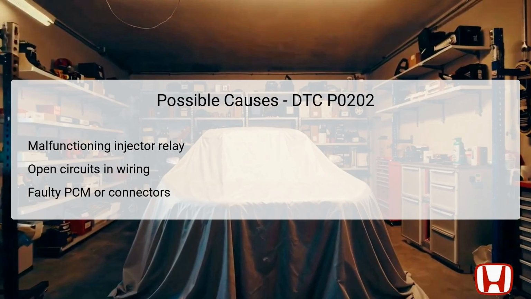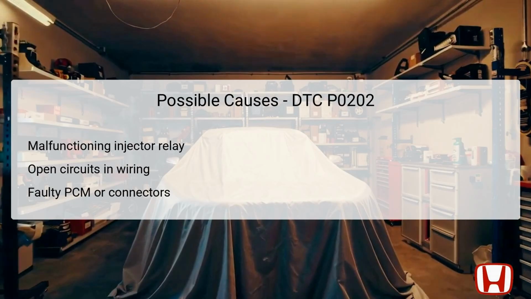Poor connections, corroded terminals, or loose wiring are common issues that can interrupt the circuit. Furthermore, a faulty powertrain control module, PCM, may miscommunicate commands, affecting injector activity. Lastly, issues with the connector terminals at any key points in the injector circuit can lead to performance failures, resulting